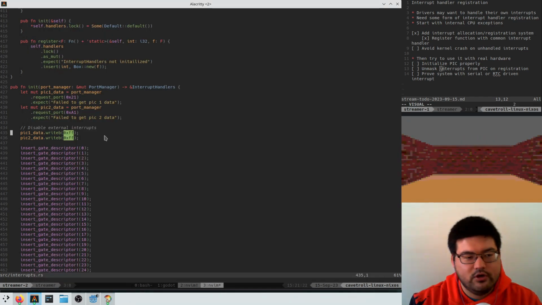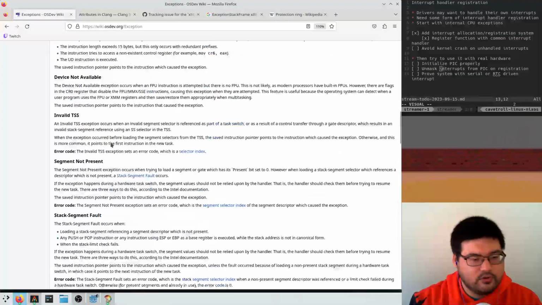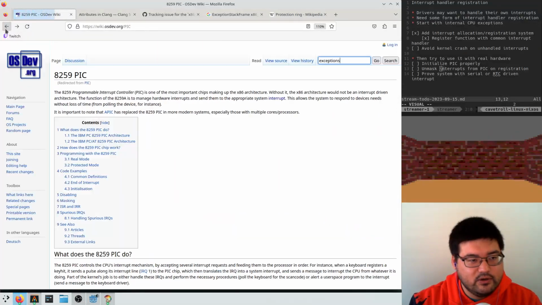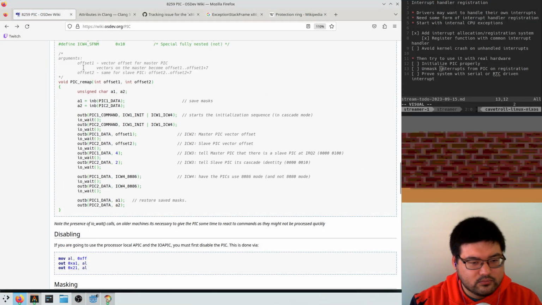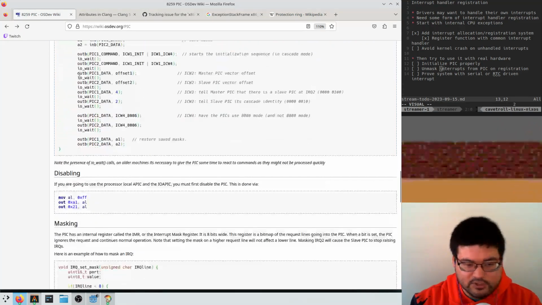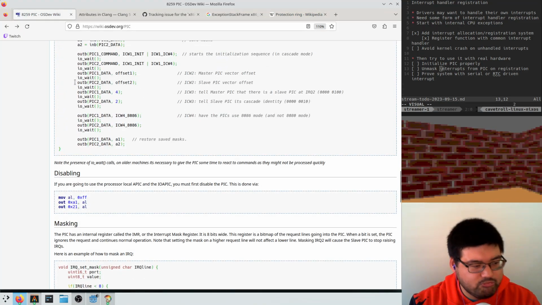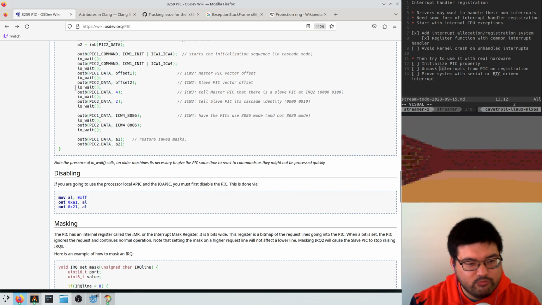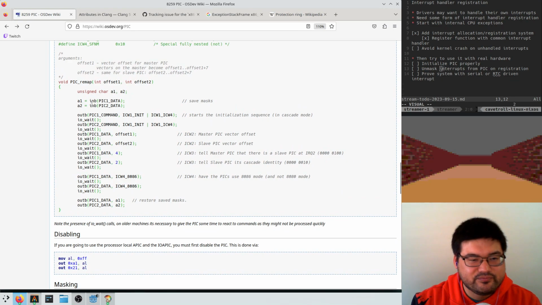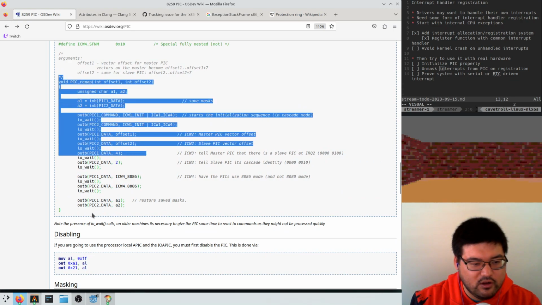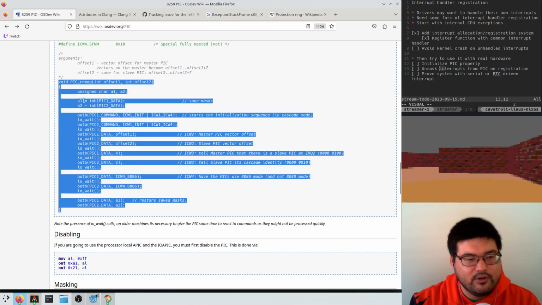Okay, so we went over this previously, this PIC remapping stuff, and we actually got it to a point that worked. But then I deleted it for some reason. And I don't really remember why. But here is the way you remap